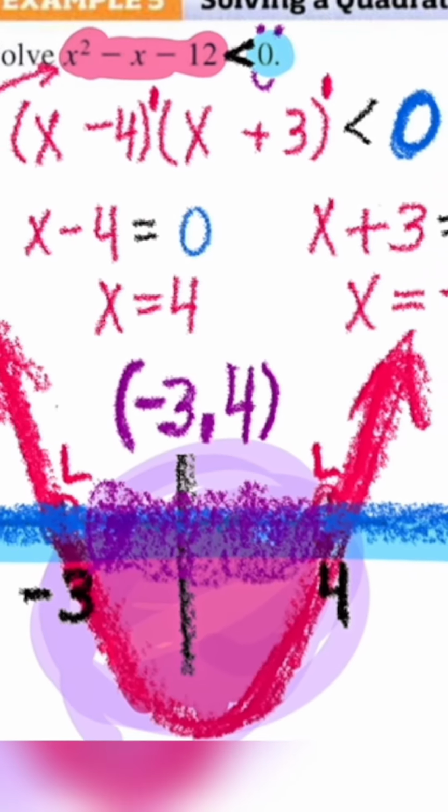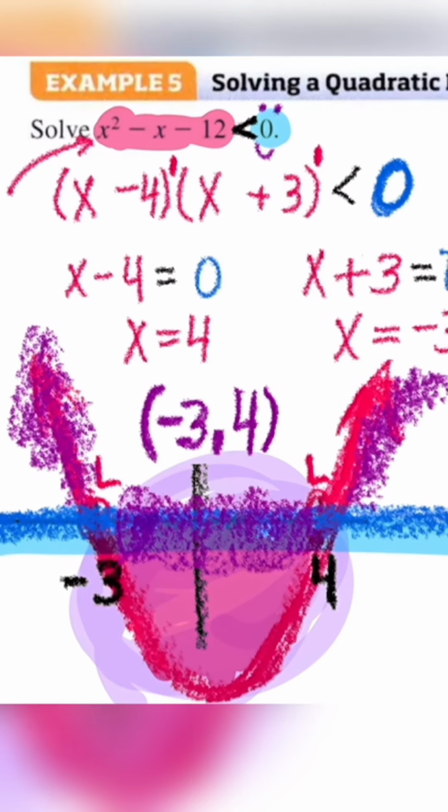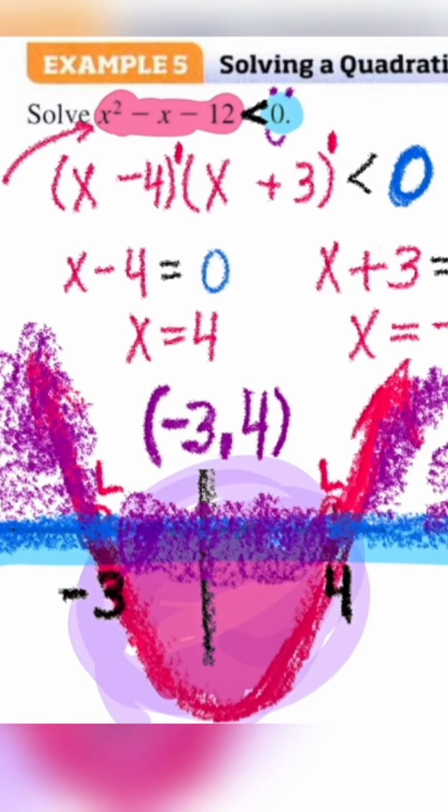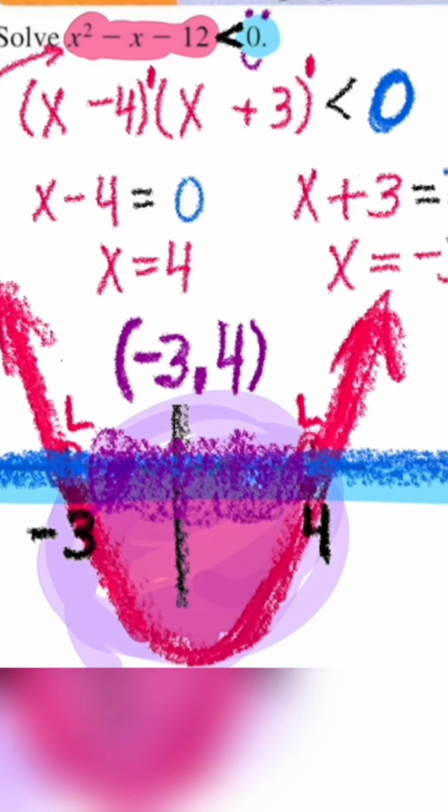If the question, on the other hand, had asked when is this greater than 0 or greater than or equal to 0, in that case, we would be describing these pieces. My answer would look something more like negative infinity until negative 3, union 4 until positive infinity, because it's asking about this. When is the pink graph or red graph above the blue graph? This will work for any polynomial inequality. So you can do this even if you have, say, a cubic function. We just find our x-intercepts, figure out when it's above or below. You don't even have to test intervals if you understand how to graph a polynomial using my method. So check the playlist on how to